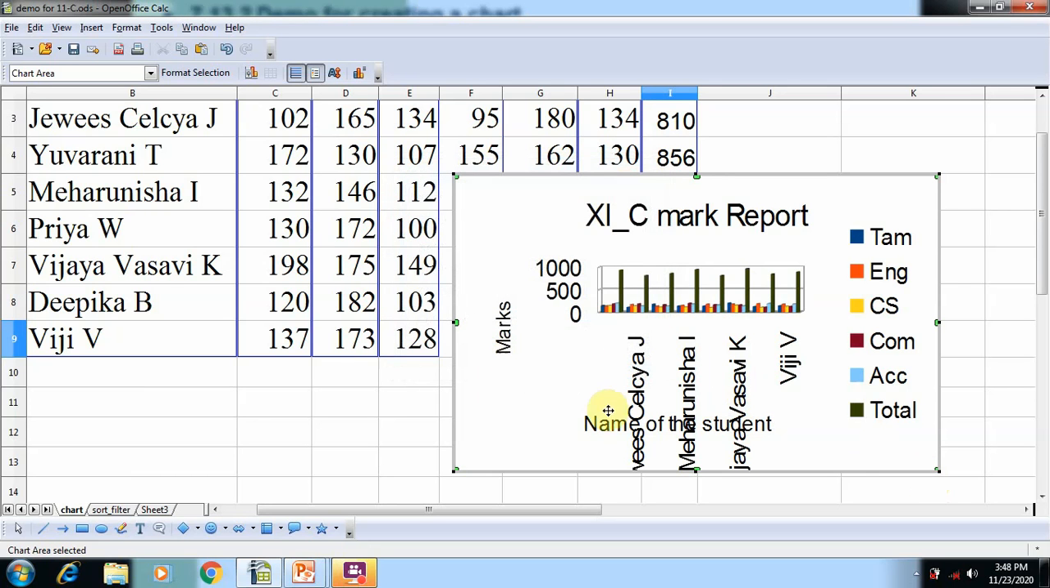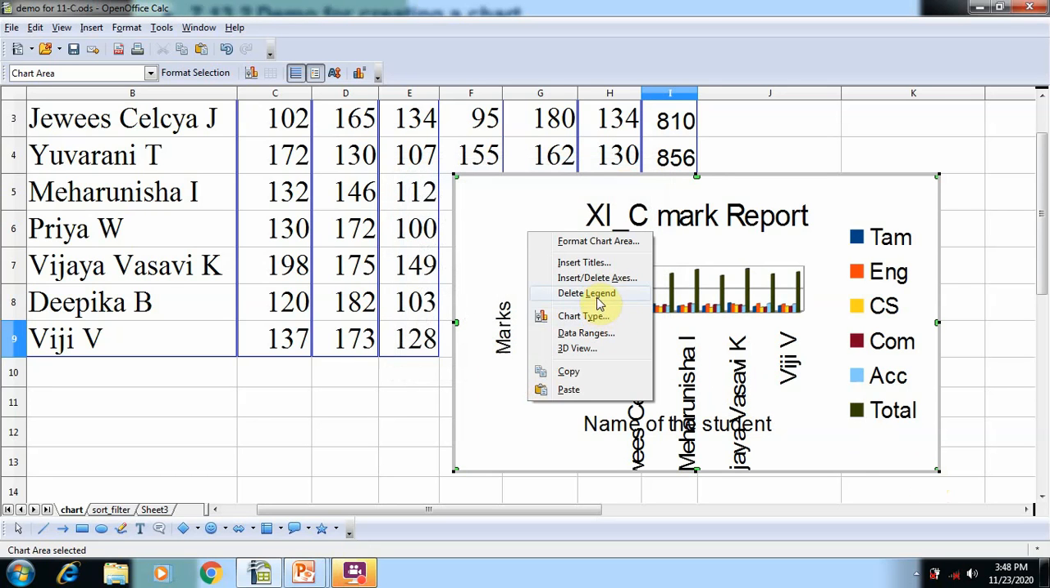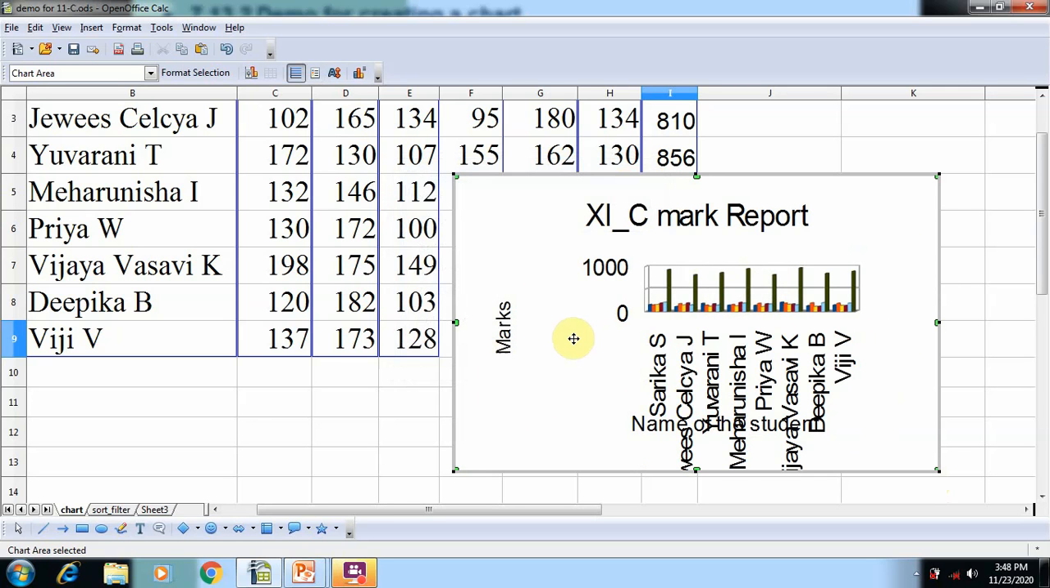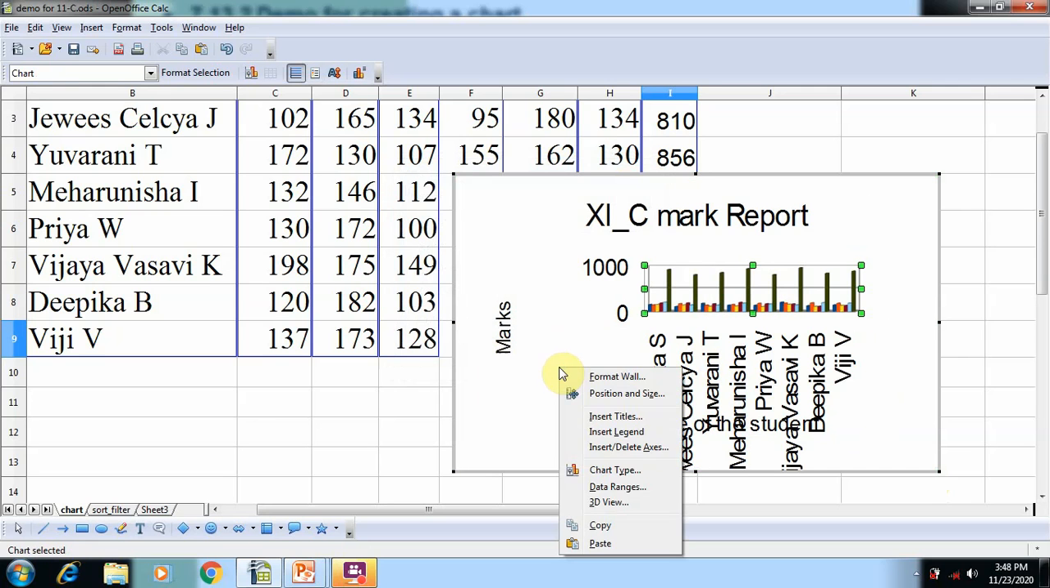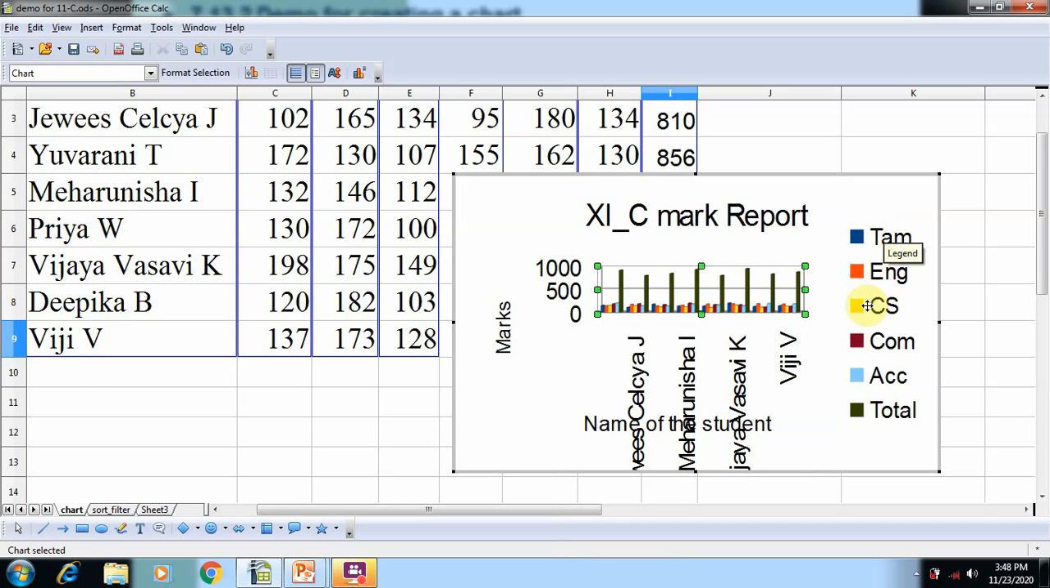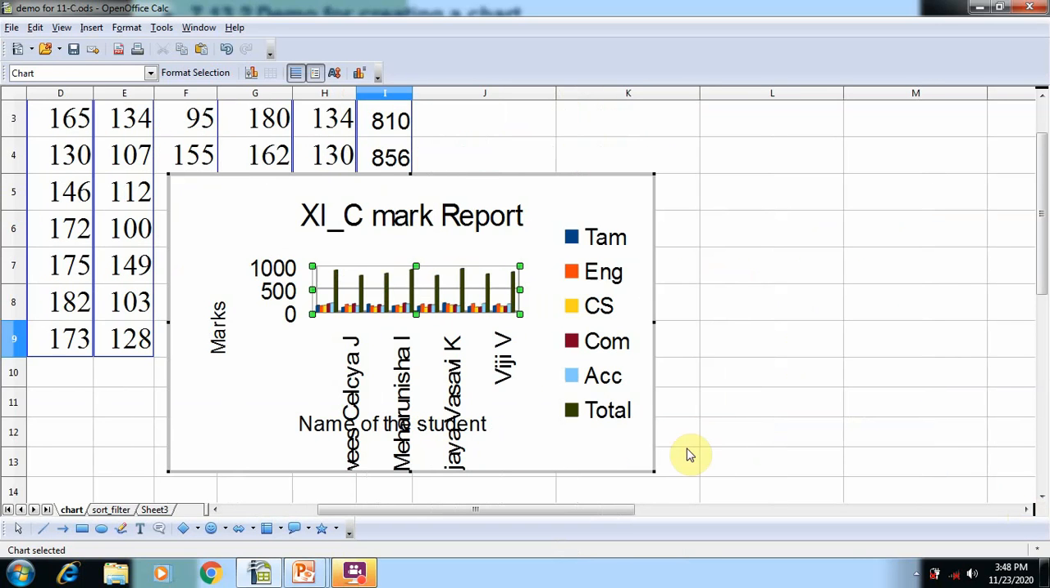So you can even resize this chart, and if you want to remove the legend, select delete legend, then this legend will be deleted from the chart. In the same way, if you want to insert the legend, then select insert legend, then that legend will automatically display. This legend will display what are the colors allotted for each and every column in the data. So now we are going to see how this data is used